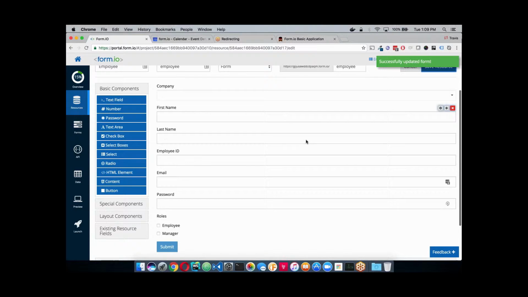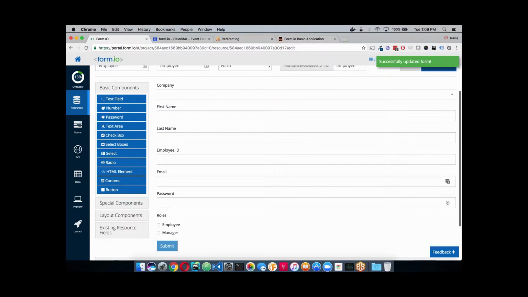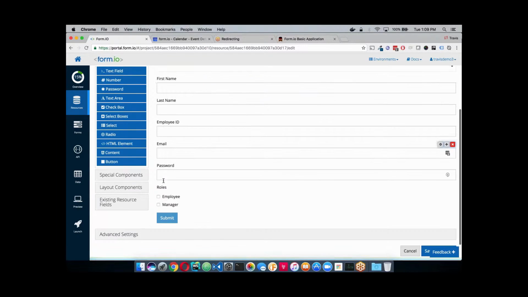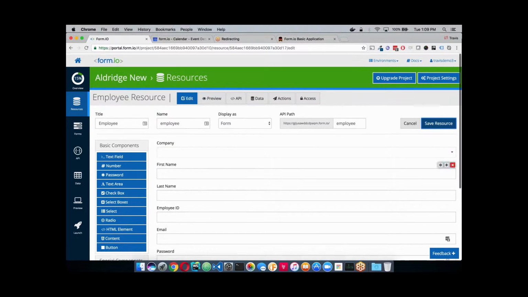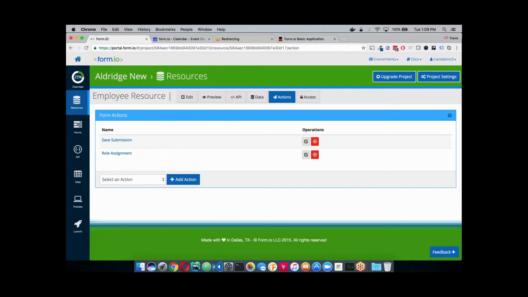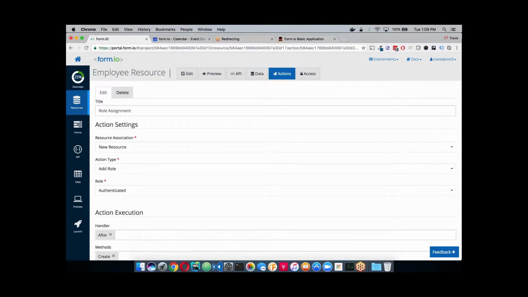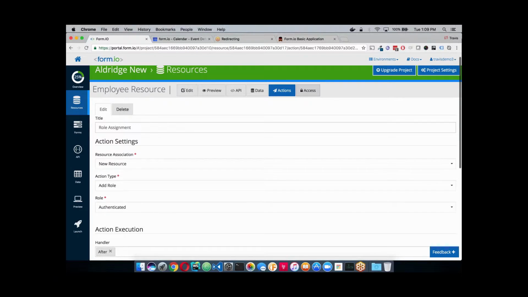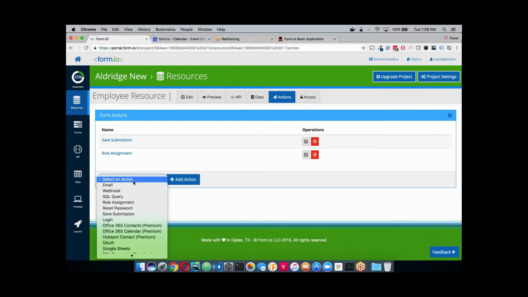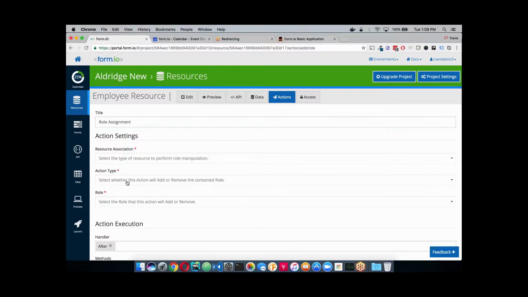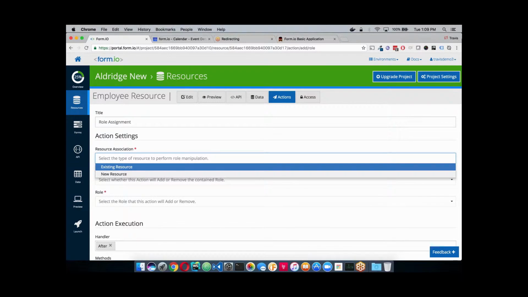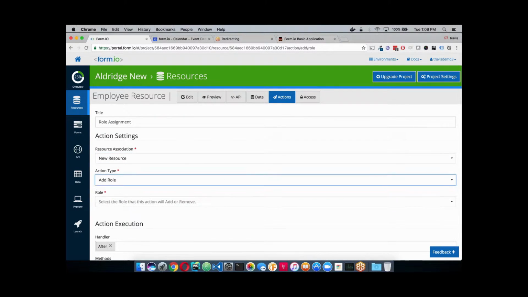The next thing we're going to want to do is add a couple of actions that conditionally trigger themselves based on what they selected inside this form. So I'm going to go to my actions here, and right now I have a role assignment that's going to add authenticated, but what I would like to do is also conditionally assign role assignments based on what is selected there. So I'm going to do role assignment. And now for a new resource, we're going to add the role,